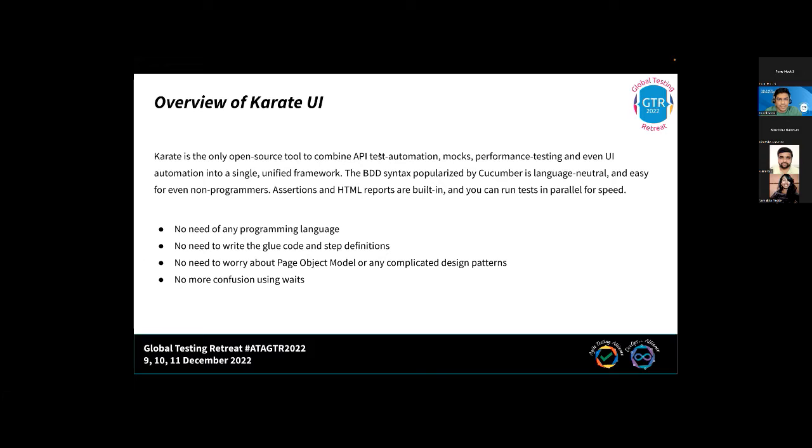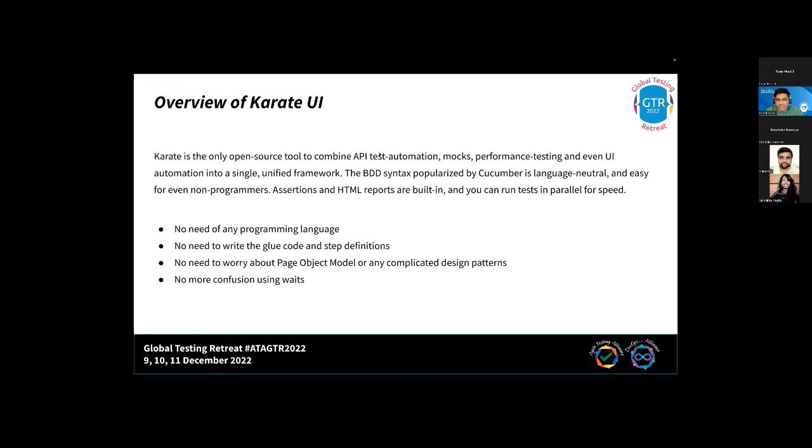I came across this tool a long time back, maybe 4-5 years ago. I would gladly share that one of my colleagues back then, Archana, I believe she is on this call, and we used to have extracurricular activities in our org. She came up with this tool along with another colleague, and that was the day I came across Karate.